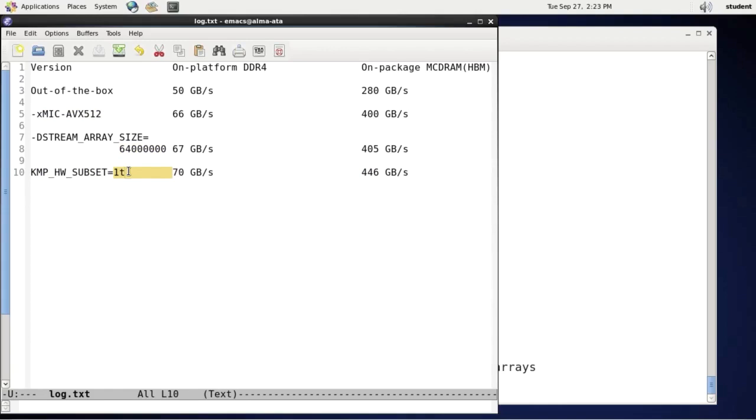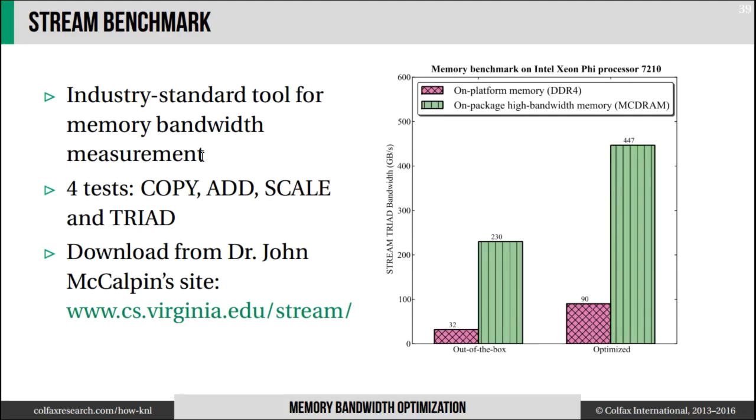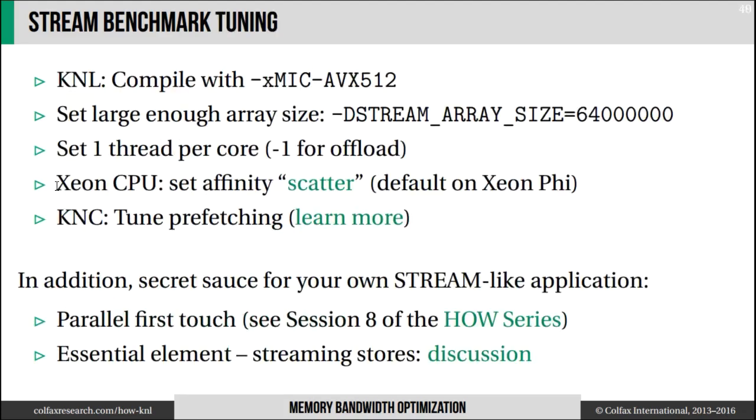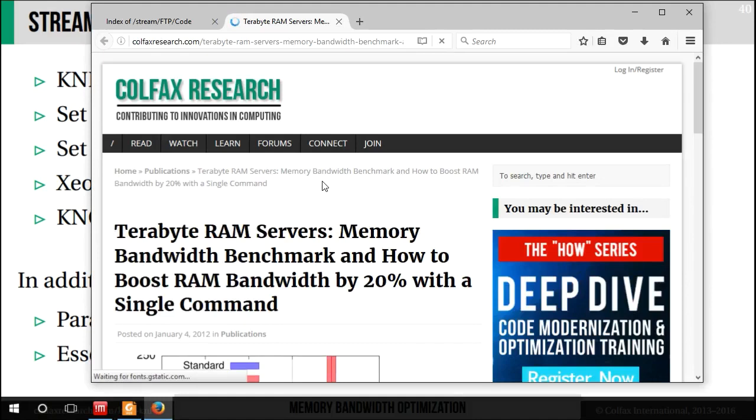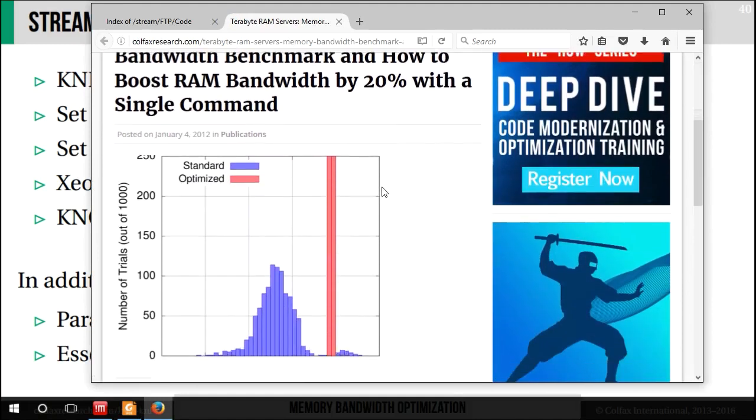In some ways, programming Xeon Phi processors is easier than programming other Intel architecture processors, because if you try to repeat this test on a Xeon CPU, you would also find that you need to set affinity to bind software threads to cores. There is a Colfax research publication that you can read about it, but this is a pretty well-known fact that setting thread affinity in such a way that threads don't migrate improves the bandwidth of